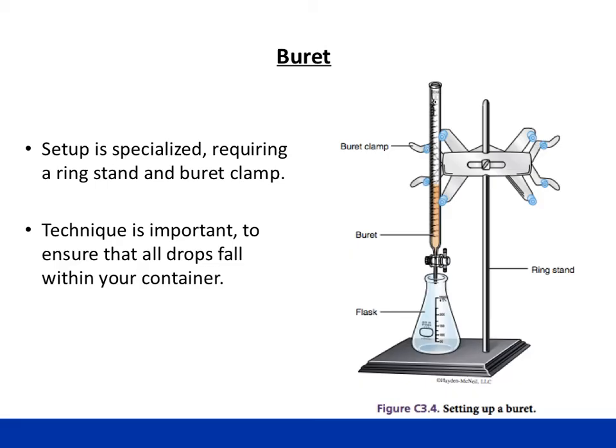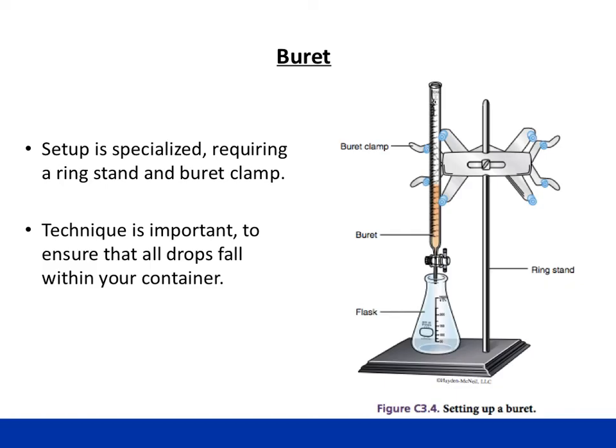When using a burette in the lab, that's a long, skinny-looking cylinder in the middle, we have to use specialized setup to hold it. Because the burette has one open end and an end with a stopcock, that's that thing that twists there at the bottom to let liquids out, we simply can't stand it on the counter. Instead, we have to clamp it to a stand that'll hold it up. The stand is called a ring stand, and that clamp is either a burette clamp or a three-fingered clamp, depending on the type used. The one that's in the picture shown is a burette clamp.